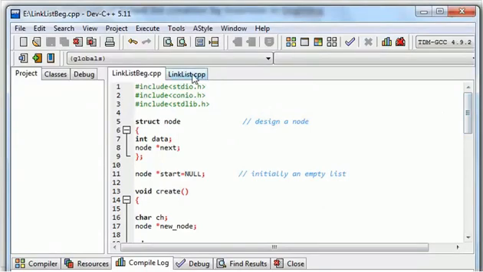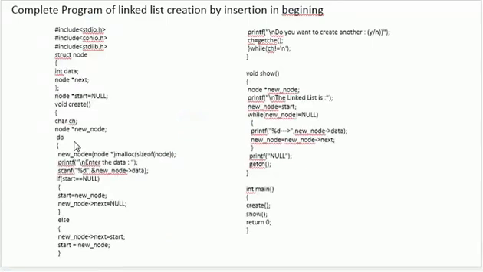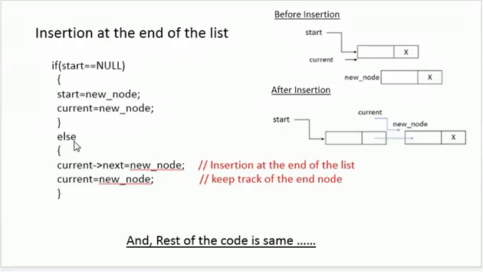So similar kind of thing we can do for creating something at the end of the linked list as well. Everything is same except this part. So whenever I want to add something in the linked list at the end of the list, then after insertion my linked list will always be like this. So before insertion, let's say I was having a single node like this. So here I am maintaining two different pointers. One is the start pointer, which simply indicates the starting point of the list. So I will never change it. I'll define it and I'll keep it separate.